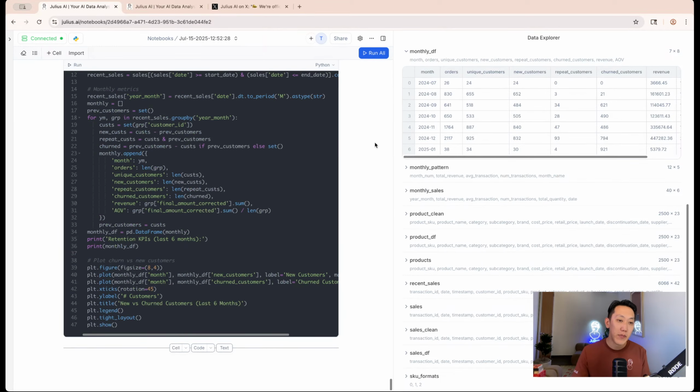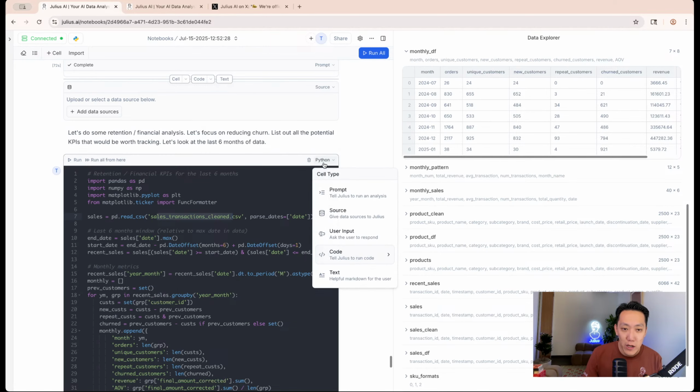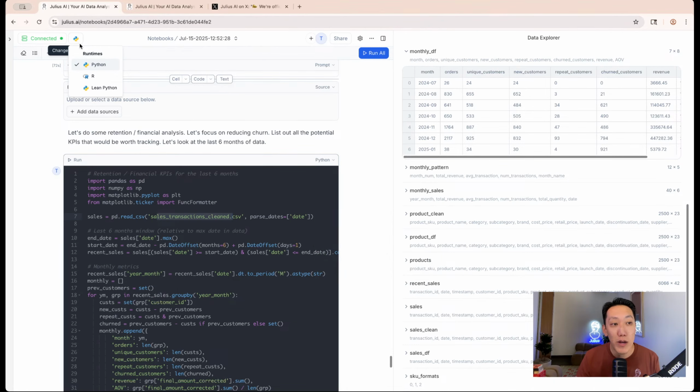So that's the overview of the different types of cells. Here for the code cells, there's also two other ones as well. If you are doing R analysis, I do see some comments I'm watching in the right side that some folks do use R and RStudio. You can select the specific language here too. So this is compatible, and you can change the runtime of the notebook up here in the upper left as well